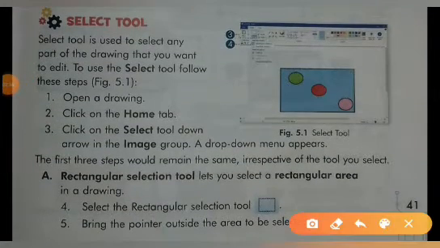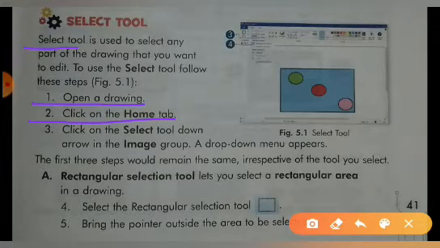Select tool is used to select any part of the drawing that you want to edit. To use the select tool you have to follow some steps. First of all, open your drawing and then click on the Home tab.